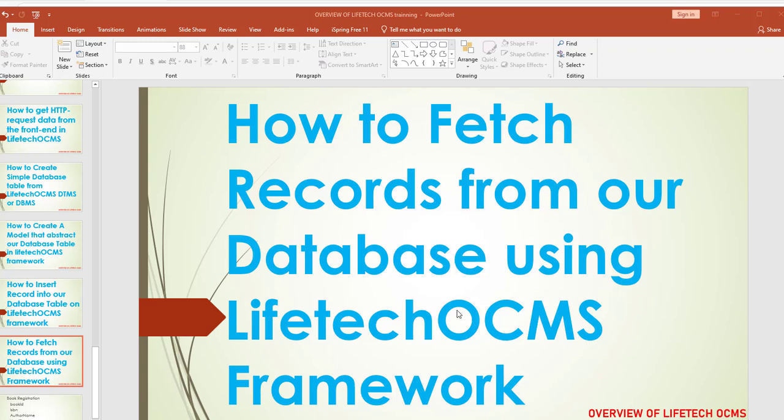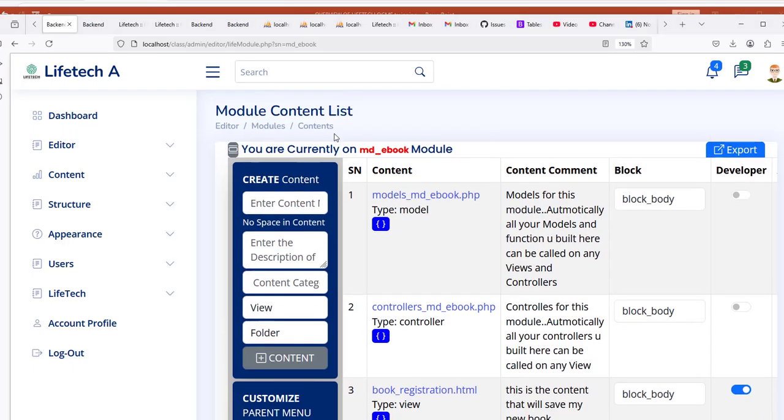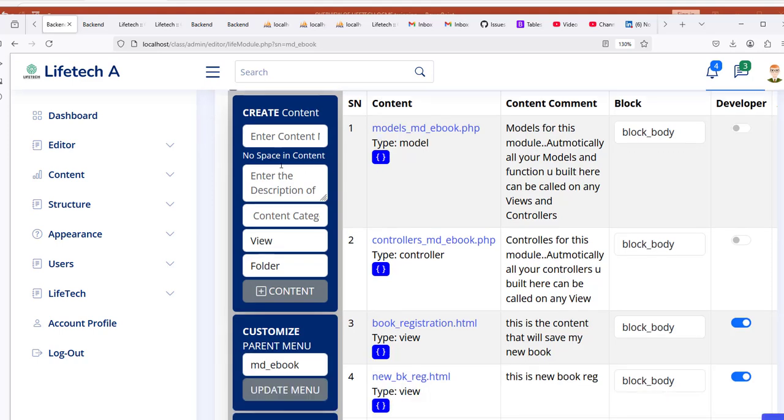Good morning, everyone. Let's look at how to fetch records from our database using LifetechOCMS Framework. So firstly, let's go to our module ebook. So we are going to create a new content now, which will be